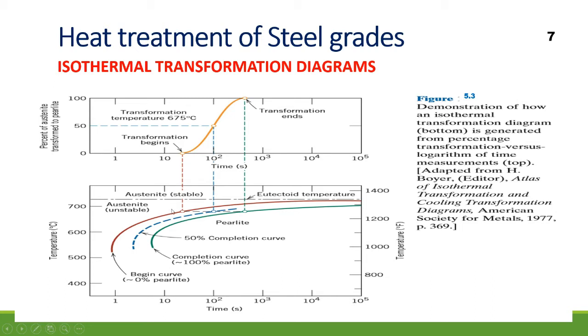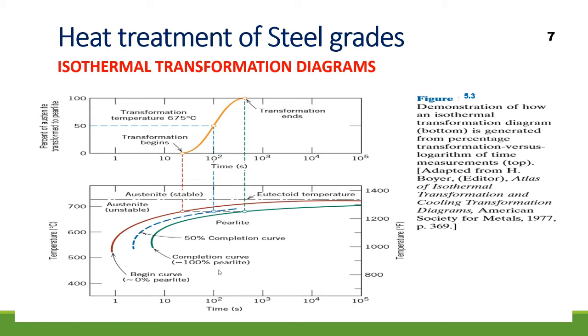That means in the middle, from this point to this point, austenite is continuously transforming to pearlite. So here you see the 0% pearlite, and here you see 100% pearlite. That means complete transformation has taken place. Okay,